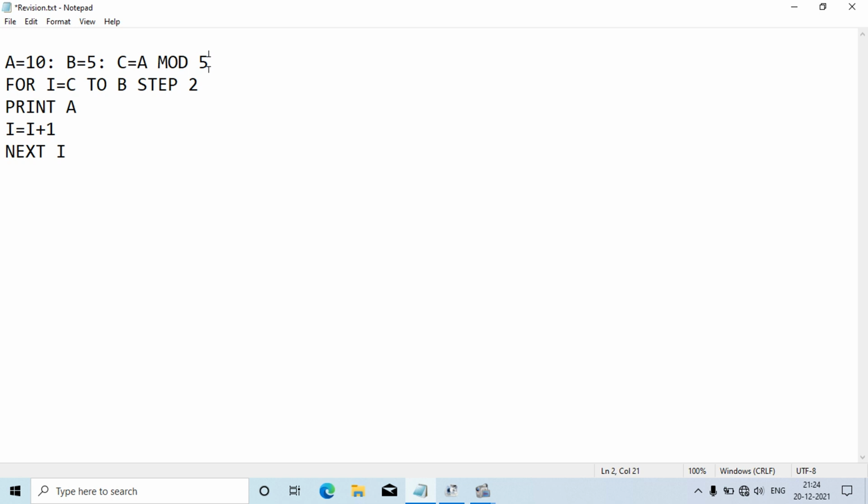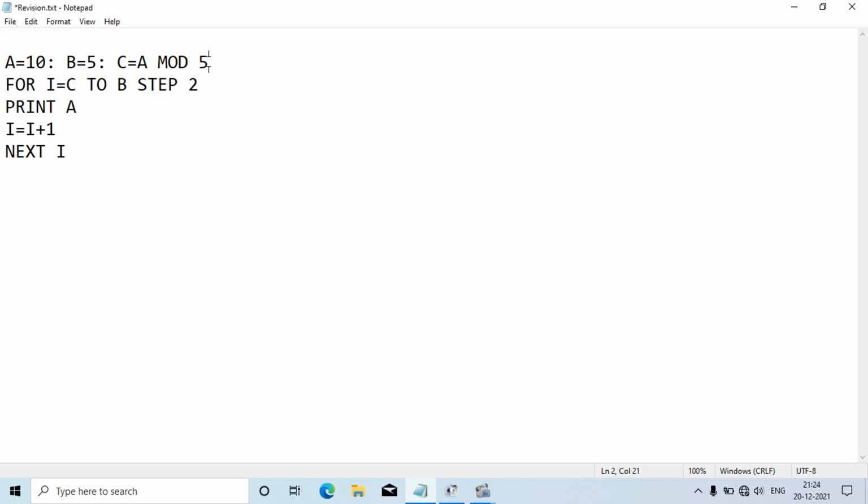Always remember, the modulus operator gives us the remainder and the slash operator gives us the quotient, and the slash will give you the quotient as an integer number. It will not give you the answer in decimal. Many people messaged me asking whether we get the answer in decimal or integer. So the slash operator always gives you the answer in integer only.